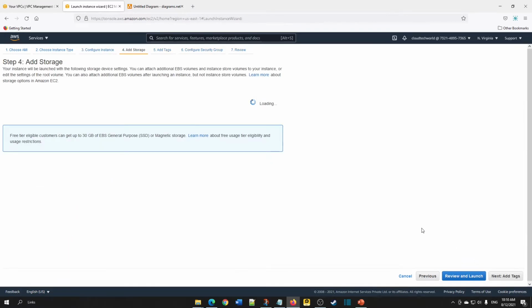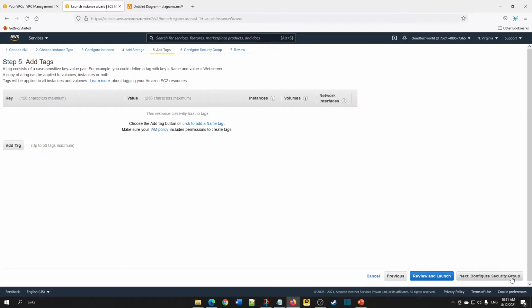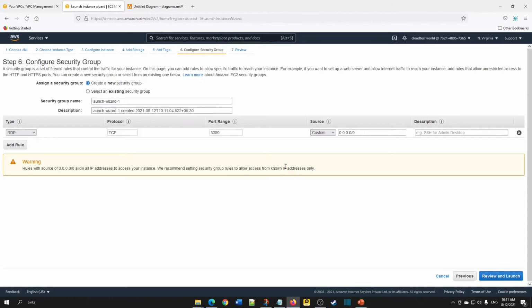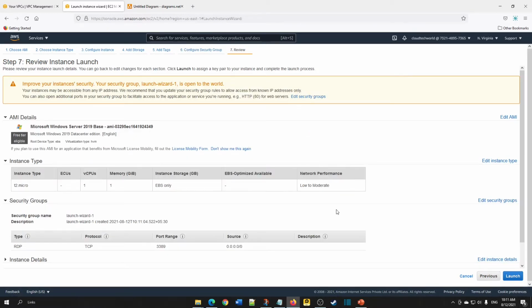Now click next, add storage. We don't need to change anything here. Tags also we don't need. For the security group, you can either give an internet routable address, or you can give a private IP also. Make sure you choose RDP and the port should be 3389. Click on review and launch.